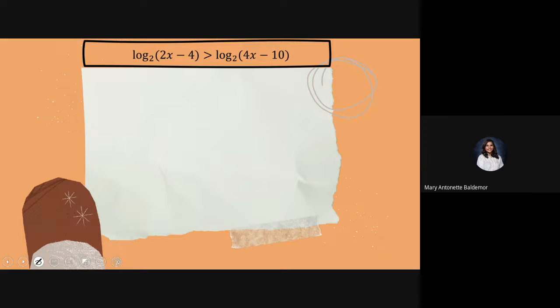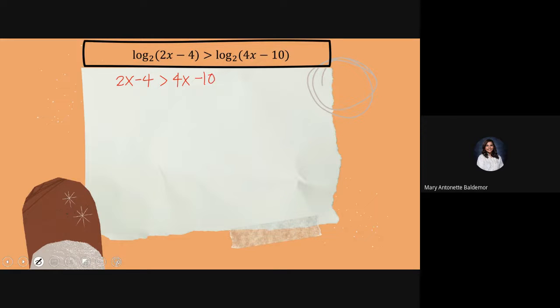We can apply the property that we had. Since both of the logarithms have the same base, we can now write 2x minus 4 and 4x minus 10. Okay, so 2x minus 4 greater than 4x